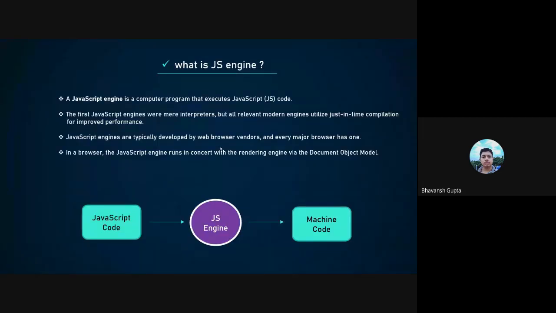Let's talk about what a JS engine is. A JavaScript engine, like I said, is basically a program which converts the JavaScript code we write into machine code. You can find one for each browser. It converts JavaScript code into machine code. Now, why does it do this? Because machine code can be easily read by the machine, and the output generated is fast. So it basically optimizes your JavaScript.